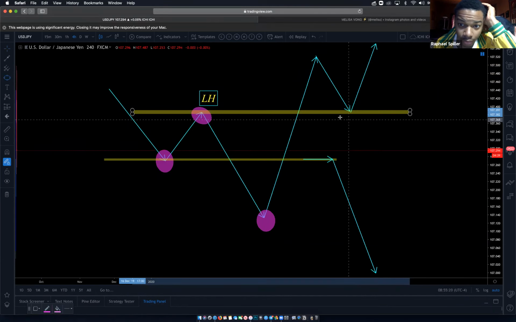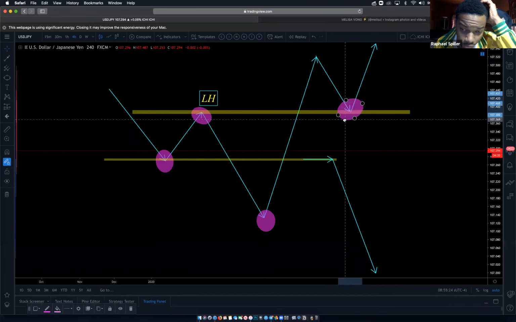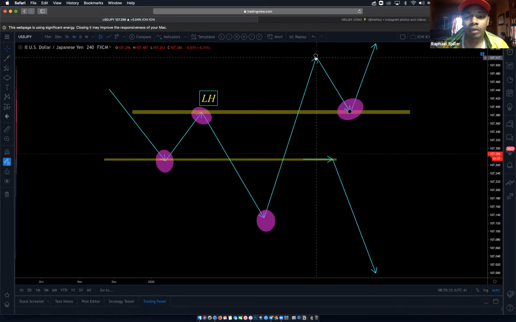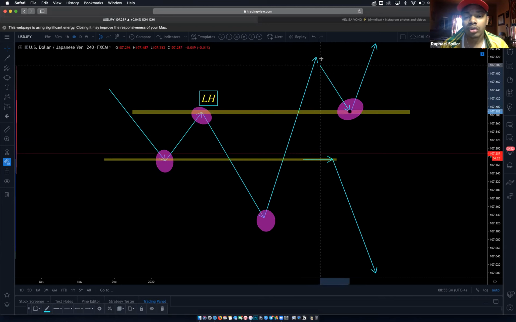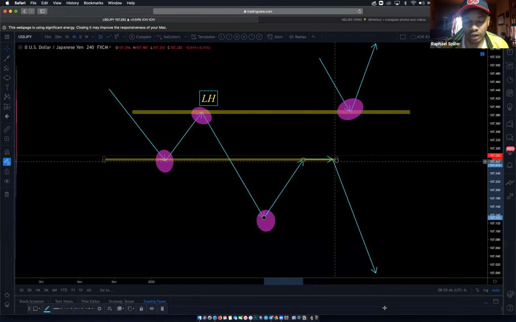Does that make sense? Because then you have to look for the retest, because we're looking for the reversal, right? But if it doesn't reverse, then all it's going to do is stall in the area and retest the last resistance. Stall as in consolidate in this area, move sideways, and then continue back down.